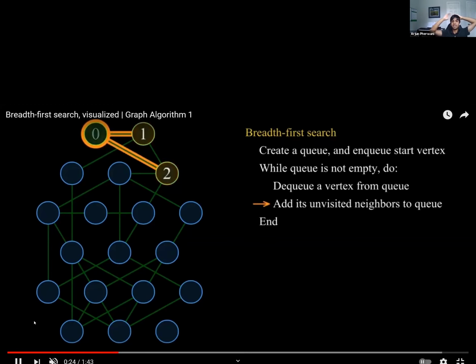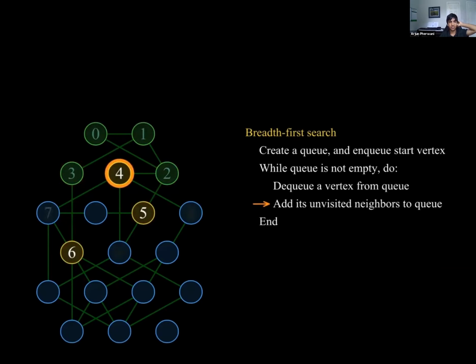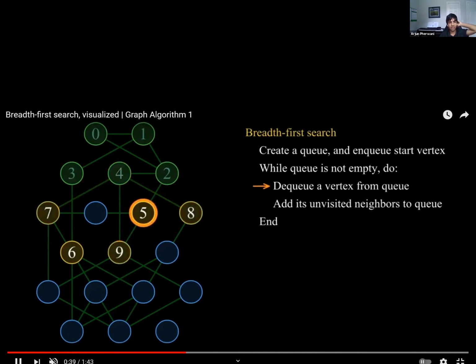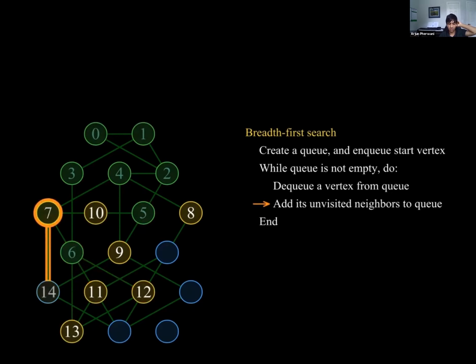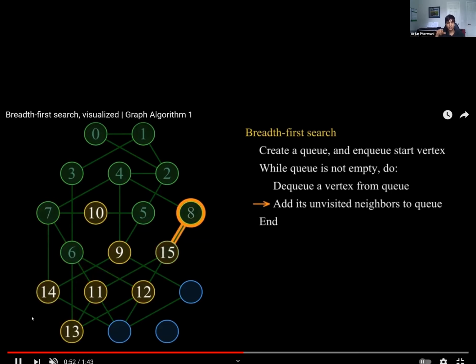All right, so what it does is dequeue the first vertex from the queue of vertices or edges that it has to travel. Then it travels along those. Yeah, so you see, now it's connected all four and queued them. Then it goes to the first one, then queues all of them. So 6 has 11, 12, 13. Those nodes are queued. But it's going kind of in order. Does that make sense? Yeah.